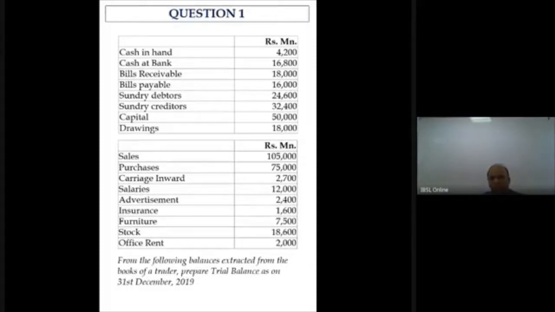Now, this trial balance is, of course, a very simple one. But if you look at the past papers, in the exam, what you get is a very difficult and lengthy list of accounts. Be mindful about it. If you go through the past papers, question number 1 will have a huge list of accounts, and those names you have to familiarize yourself with.